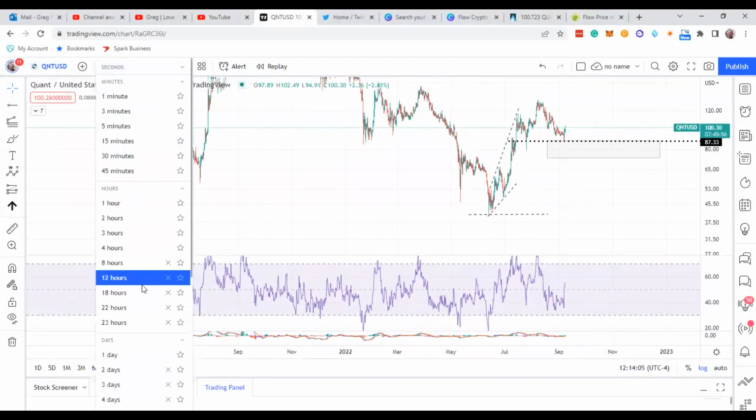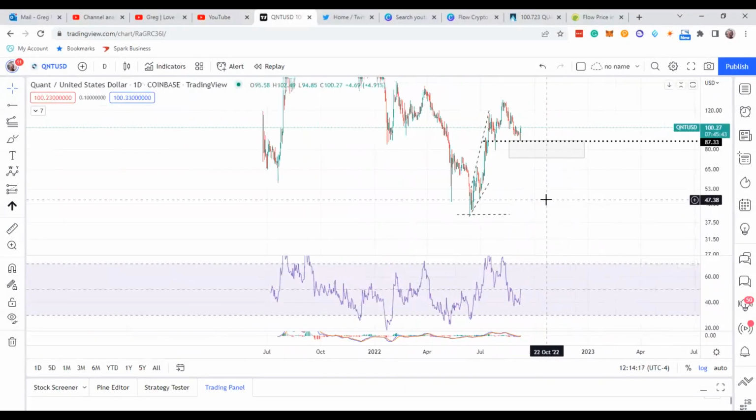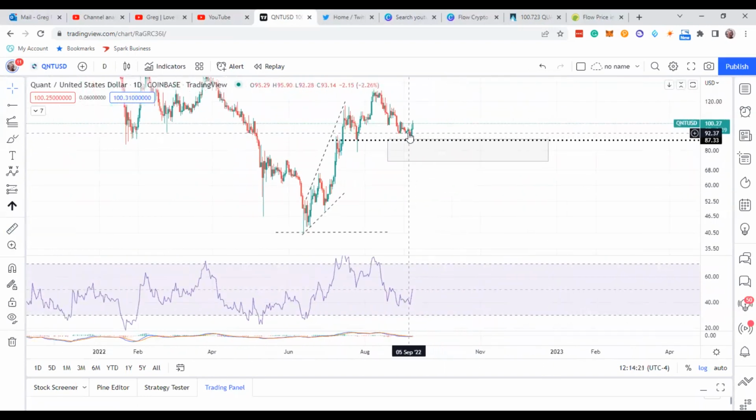Okay. You can also want to check that on the daily. You can see here on the daily what did it come down to. Basically, generally this area, right in that area. It's not quite down far enough, but it did come down quite a bit and reset it. Okay. So that's how I'm looking at Quant. Everything looks pretty good. It could be starting a sequence and going up a little bit.